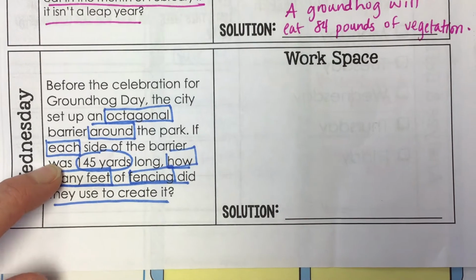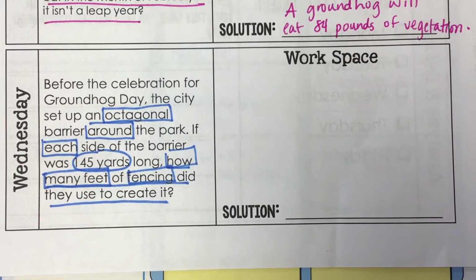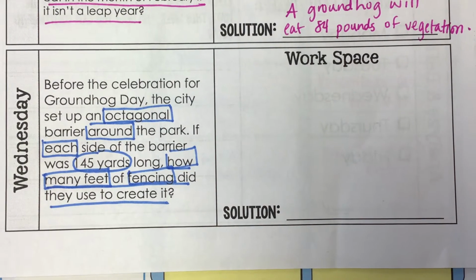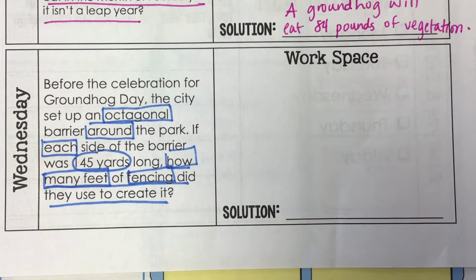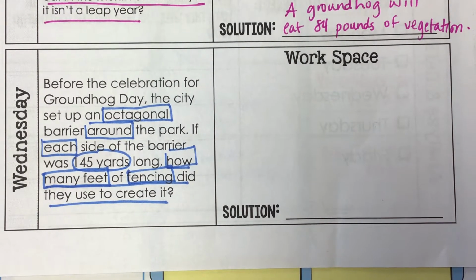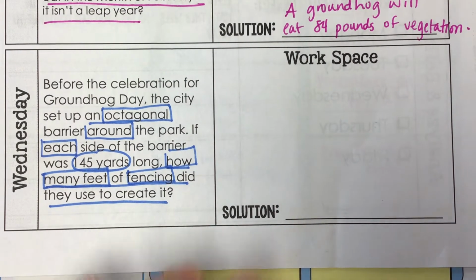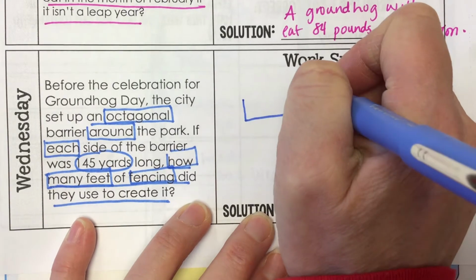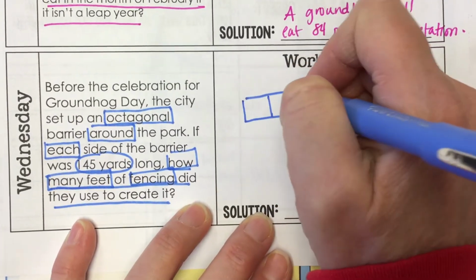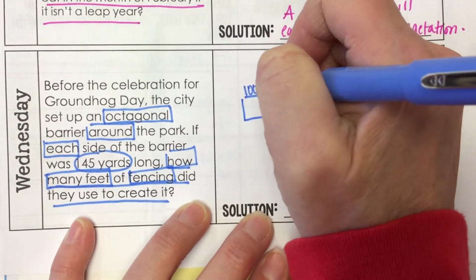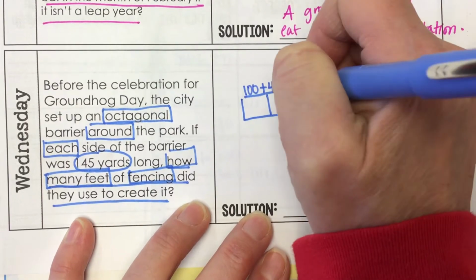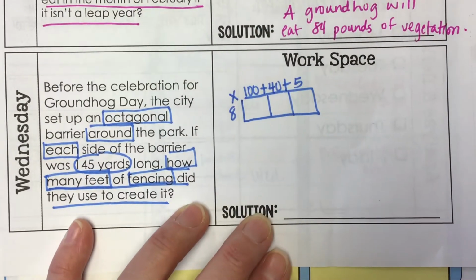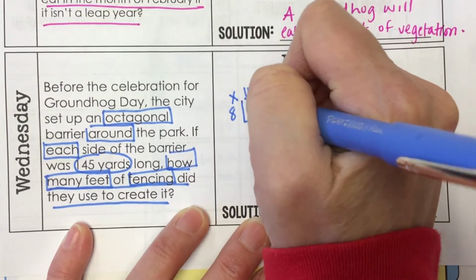Each side is 145 yards long. What does that tell us to do? Sophie, multiply. We need to multiply 145 times 8. That's your first step. You can use any strategy of your choice to multiply 100 plus 45 times 8, okay? If you are using the area model,